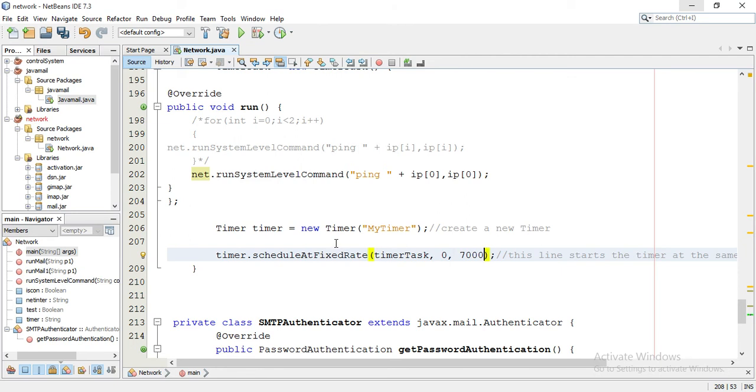That's why I have used this timer to rerun our program, okay, again and again. We don't need to run from here again and again. We just need to run it one time only, okay, and it's going to run for a lifetime, because we have scheduled that it's going to run every second. Okay,